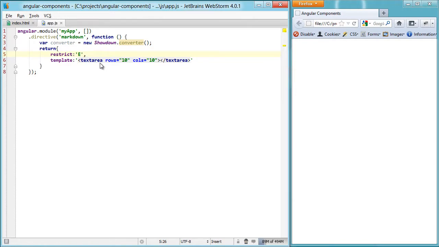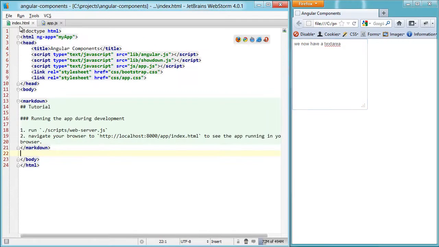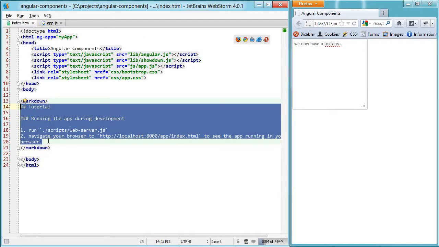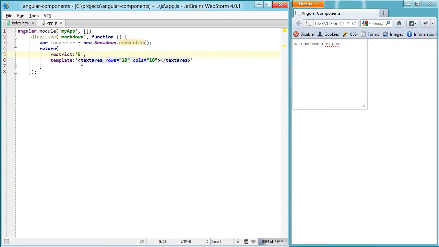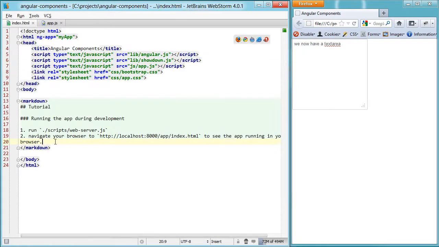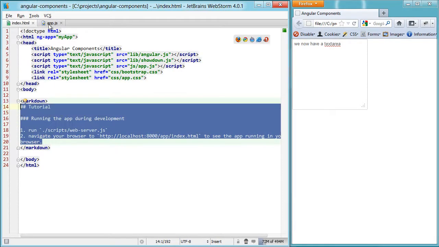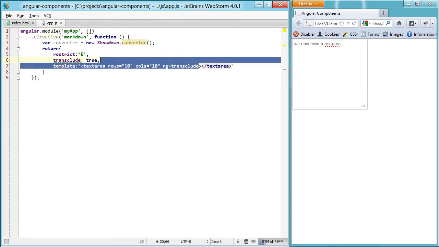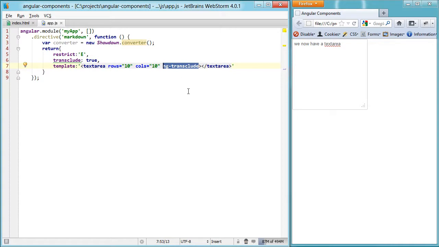So I'm just going to delete the linking function for now, hit refresh, and you'll see that we now have a text area. So this is great so far, but what we need is this markdown content so that we can edit it. Now, how we're going to get this is using a process called Transclusion, which is pretty simple, even though it's a long word that may not make sense. So we'll use the word transclude, just set it to true, and then grab the content using this attribute. And all this is really doing is kind of yanking this content out of this markdown element, storing it for later when you need it in a template,